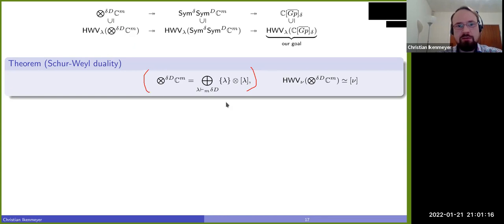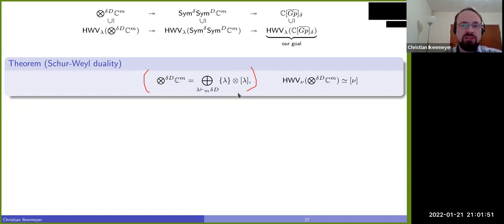This is Schur-Weyl duality. And it says that we know exactly what the tensor power of C^M looks like. So this is the decomposition. It's beautiful, and when you see this for the first time, it's extremely mysterious that this happens. So this is a direct sum, and what you would expect now is some kind of summation over some types of irreducibles of the GL_N tensor some irreducibles of the symmetric group. This is what you would expect. And there might be some multiplicities.